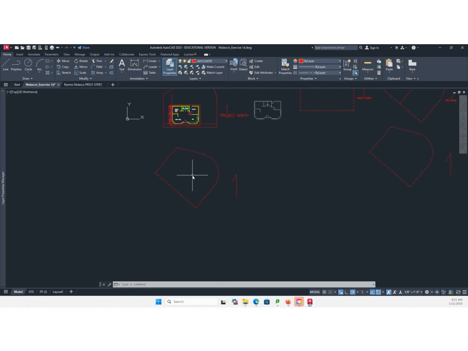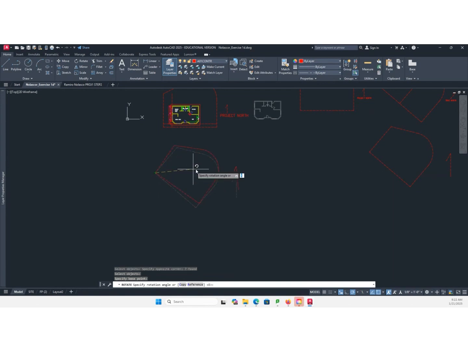So I'm simply going to rotate this from this base point. It's asking for the base point. That's my pivot point.